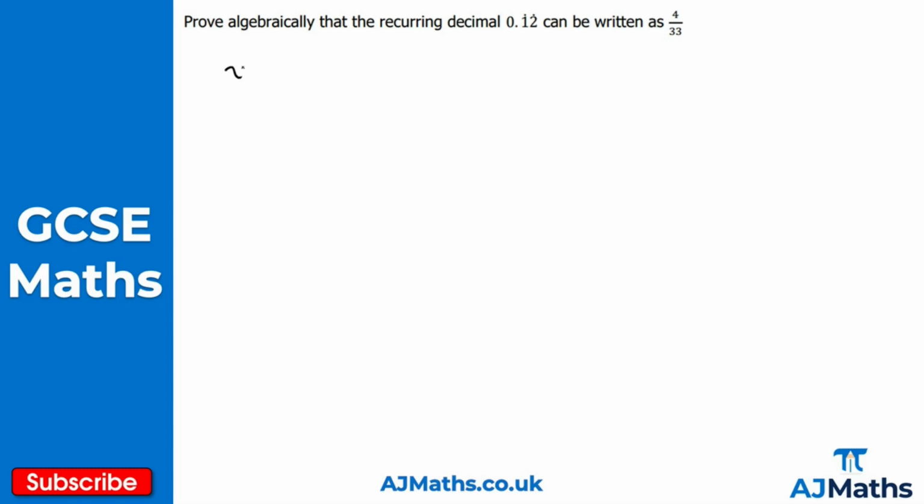So again, we just say that x is equal to 0.12 recurring, so that's 0.121212, and so on. Now again, what I do is I start by timesing x here by 10, so I get 10x, and move our decimal point up one place. So what I'm going to get then is